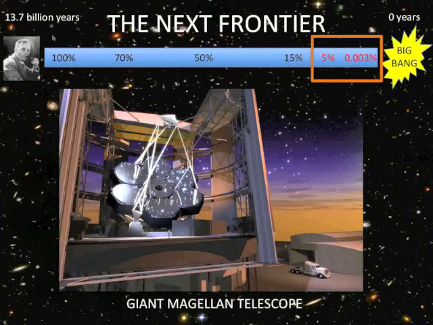So there's the Giant Magellan Telescope, which is being led by the Carnegie Observatories. It's a consortium between many universities and institutes and countries, actually, including Australia and Korea. But it's been led from the Carnegie Observatories. This is a telescope that's composed of 7 mirrors, and each of these mirrors is 8.4 meters in diameter. So each of these mirrors is basically the size of the largest telescopes that we have today, right? So you put 7 of those mirrors together, and you build a telescope that's 25 meters across.